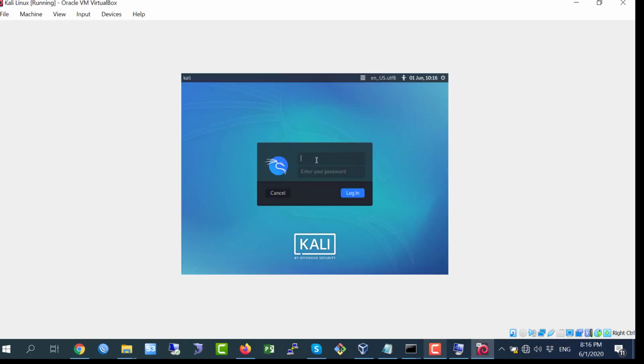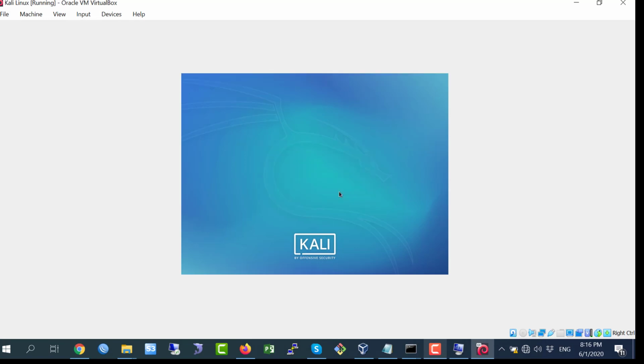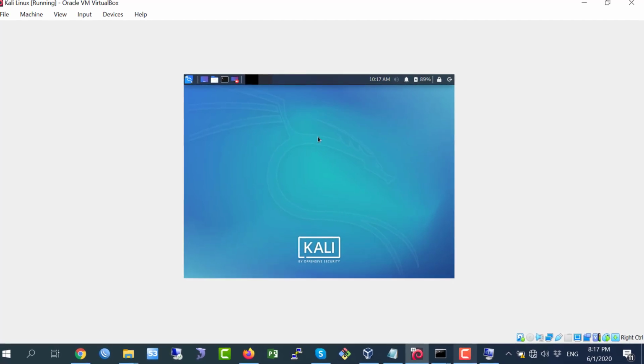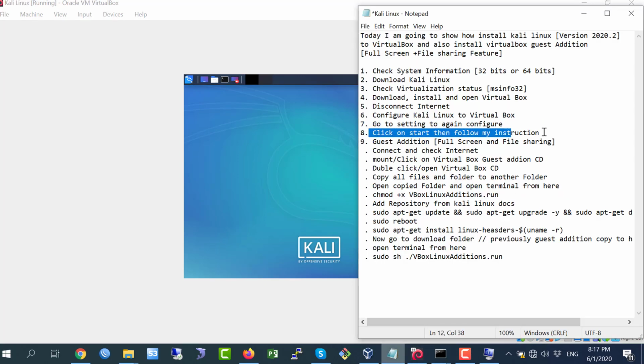Here I put my username. Previously my username was tech and I put in my password, just log in. You see this is the Kali Linux desktop environment. Okay, so step number 8 has been finished.